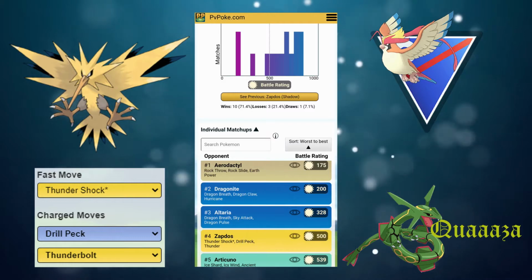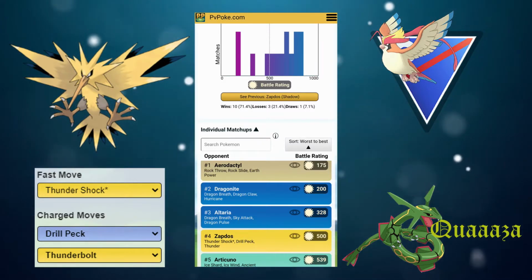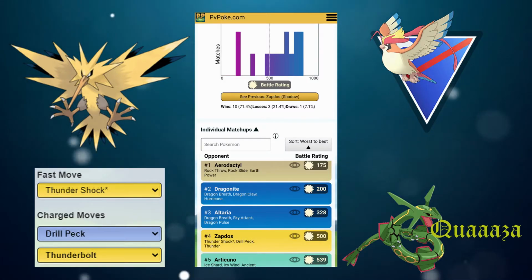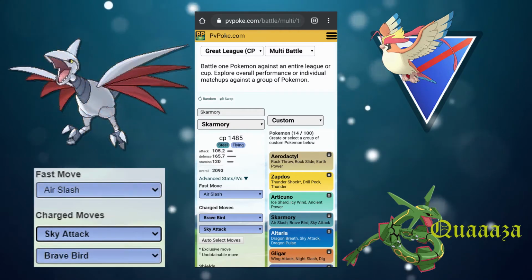In addition, if you have Emolga, which is a very similar type of Pokemon to Zapdos, I didn't include it here because I think it is a little bit more rare, but that could be very interesting as well. But Zapdos, really strong. And the next one, I think, is going to be Skarmory, and Skarmory is already obviously